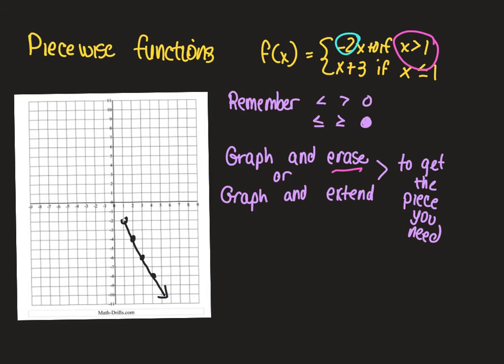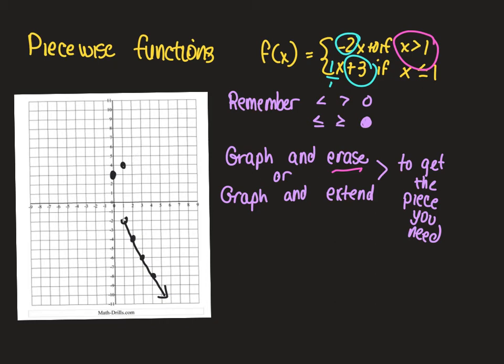Second equation is going to start at 3, right, because 3 is the guy in the back. My slope is 1 over 1 because there's no number. So I'm going to go up 1, right 1, up 1, right 1. And then I'm going to look and see, now which pieces did I want? I want only the pieces that are less than or equal to 1. Right here's my 1. So I don't actually want this dot or this dot, so I'm going to